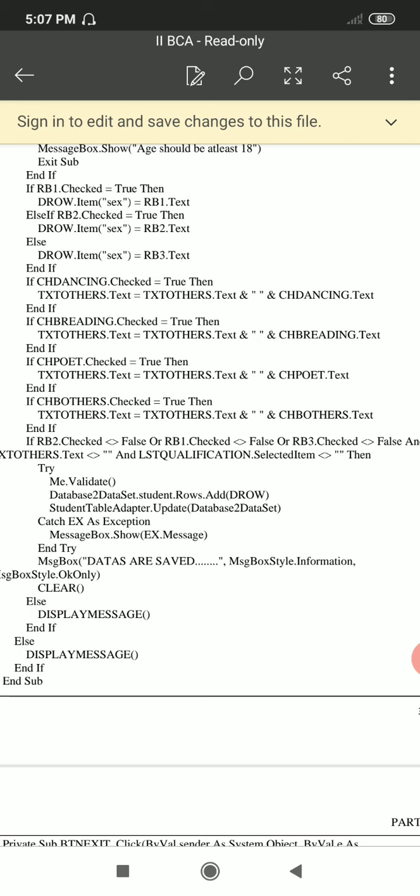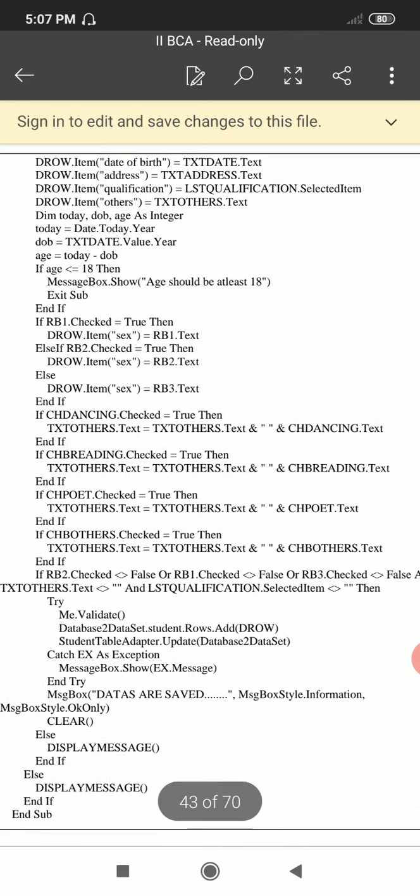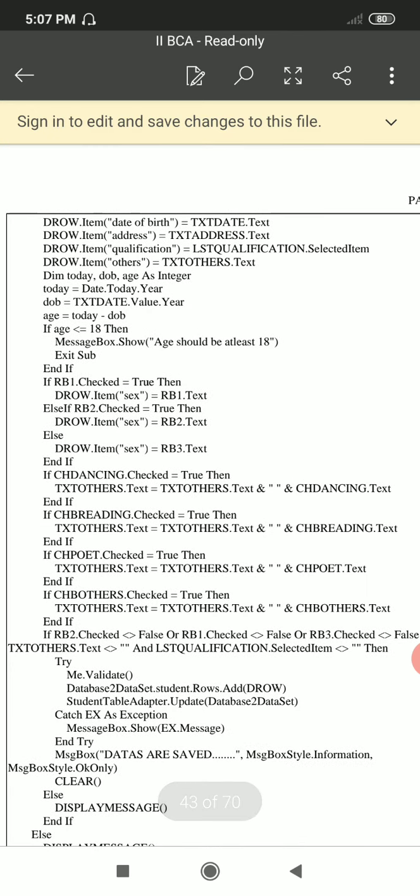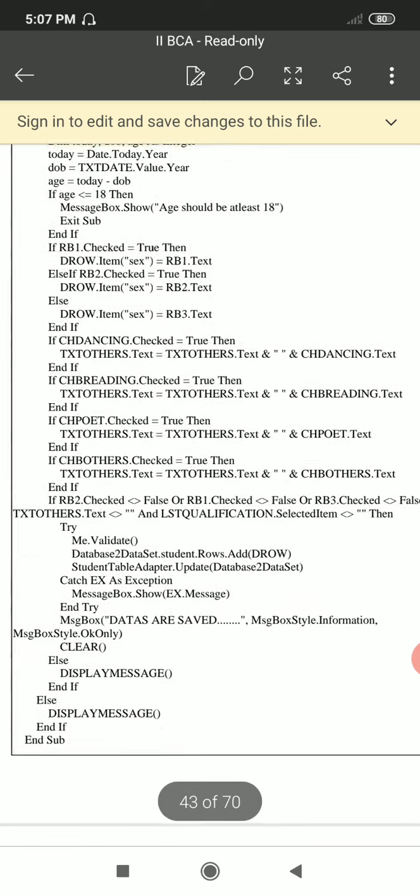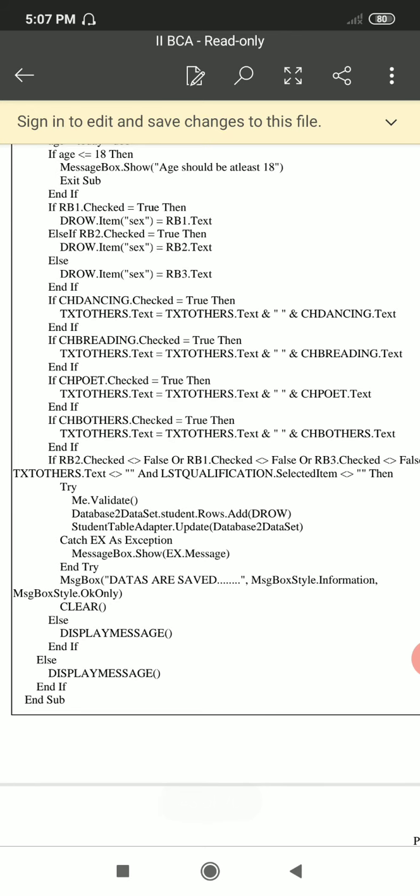Okay. And that others you have already added here, drow.Item others, that is txtOthers.Text. So what is txtOthers.Text? That is the checkbox plus others, checkbox plus the text box of others. Okay.